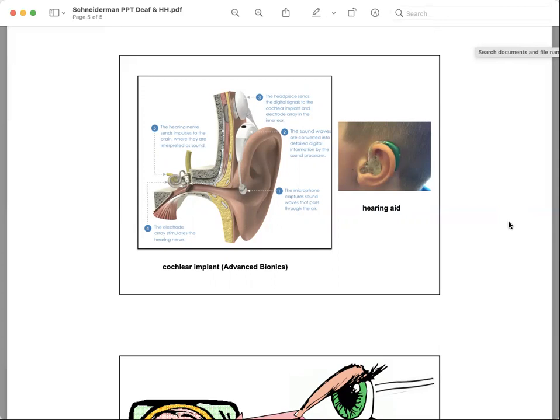It requires a lot of follow-up training and intervention that needs to be consistently carried out through the parents of the child. There also is the gamble in terms of effectiveness. It's a major surgery. You're drilling into the child's skull, permanently eliminating any residual hearing the child may have in that ear. The surgical procedure, like a cochlear implant, or non-surgical interventions, like a hearing aid, focus on the functioning of the ear itself, an audiological orientation to deafness.